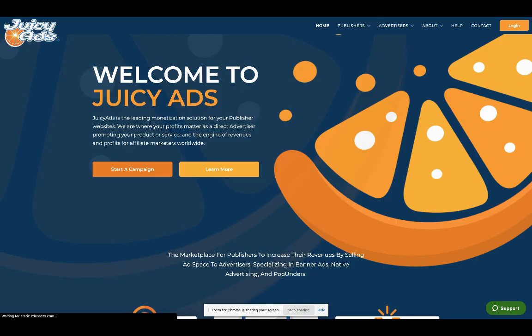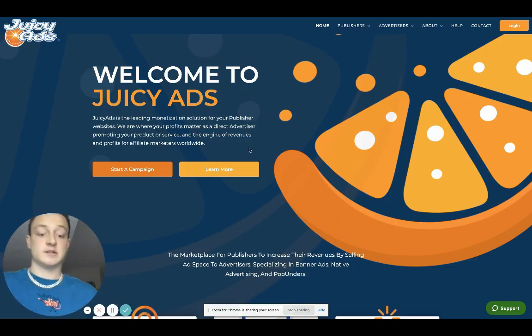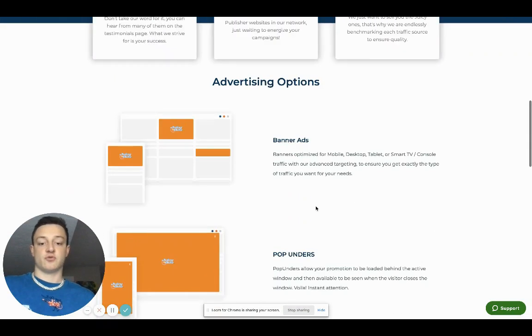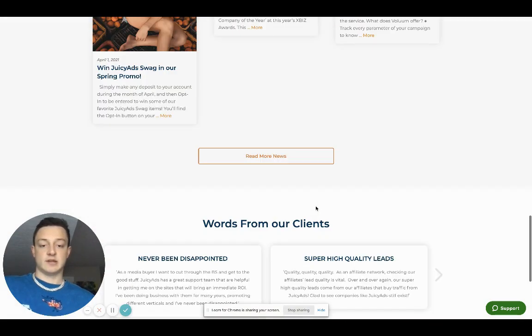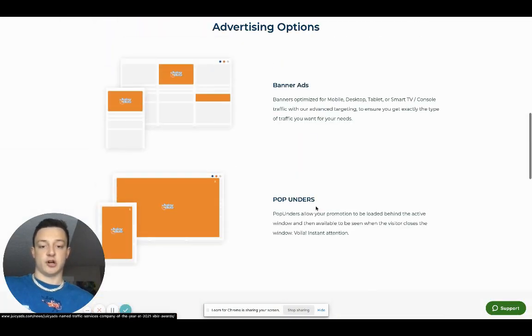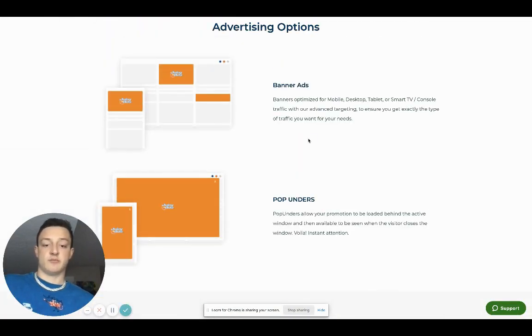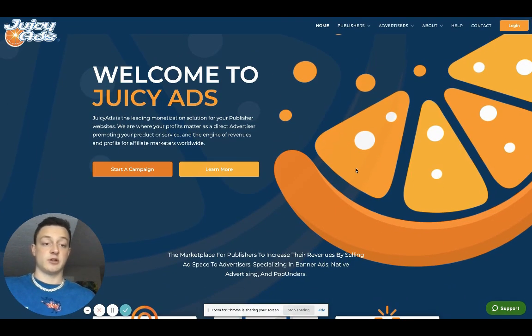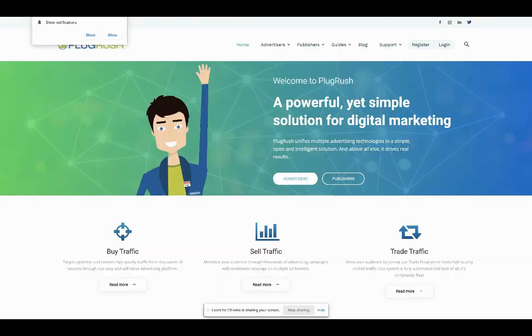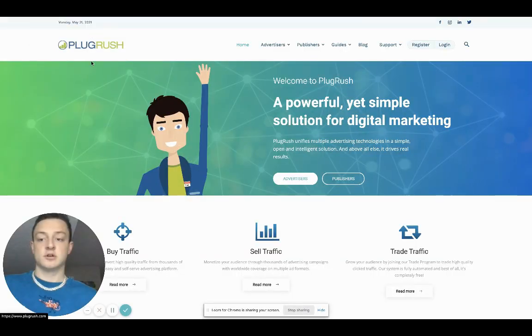So you're going to go to these sites here. JuicyAds is powerful. JuicyAds is for adult, and basically you could do mainly Popunder traffic, but they do have banner. But you want to do Popunder. JuicyAds is a massive adult network for Popunder ads. By the way, it's the cheapest in the world. Nothing gets cheaper than Popunder traffic at all. It's crazy. The other one is called PlugRush.